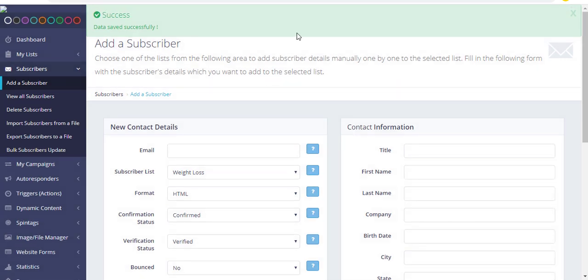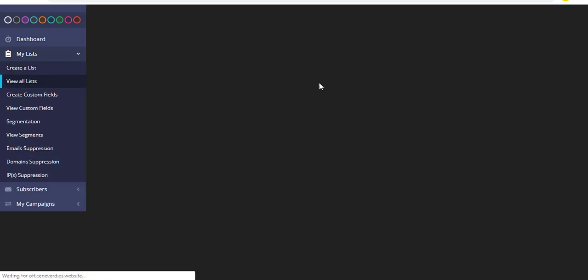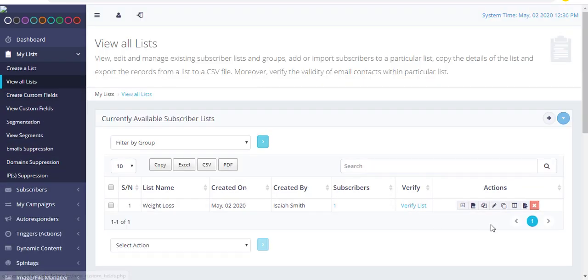Actually, I am testing the send process to one subscriber only, but in your case you have to go to the view all list, and there is an import option.